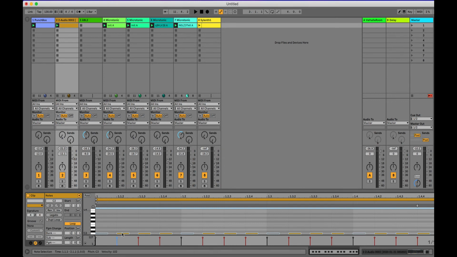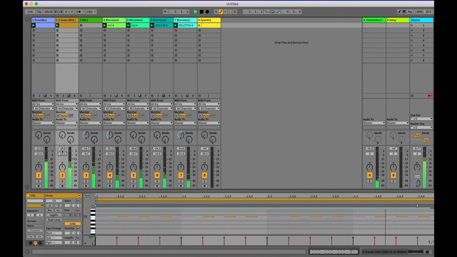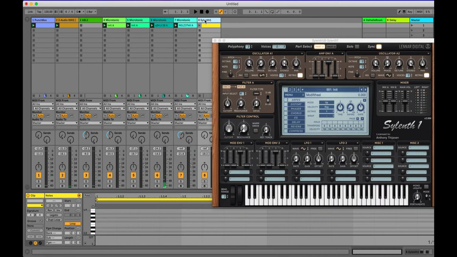So if I press Option and drag, it'll duplicate the notes, and now okay, so now we have the higher and the lower notes. Anyway,